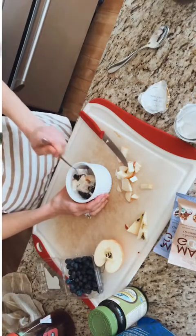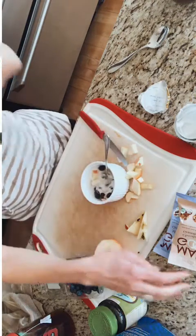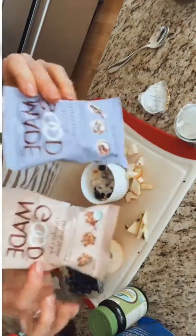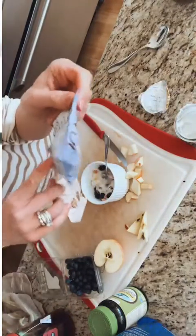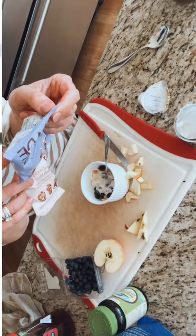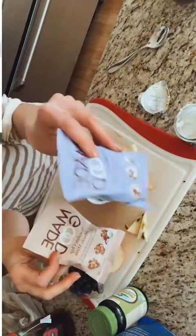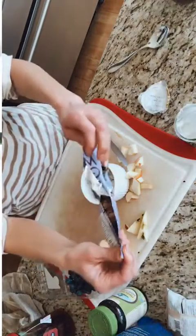So yogurt, blueberry, apples, and then the granola trick that I use is these, which are Daltons, but they are so good and so easy to pack and travel with, and they actually have vegetables in them. Like this has broccoli extract and spinach and carrots. You definitely don't taste that. Because it's a fruit parfait, I love doing the berry flavor, but if you're a chocolate person, then you could do this. And I just use one whole pack